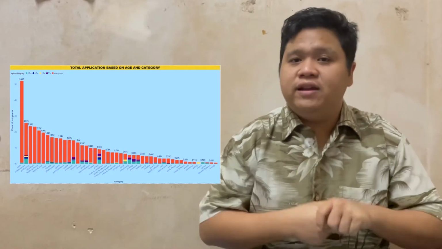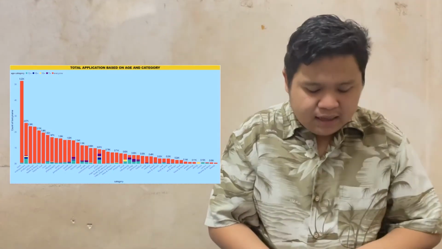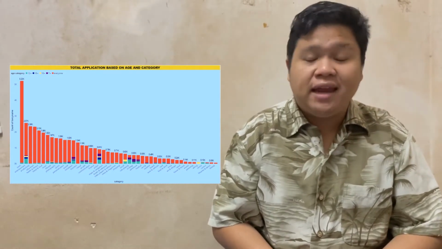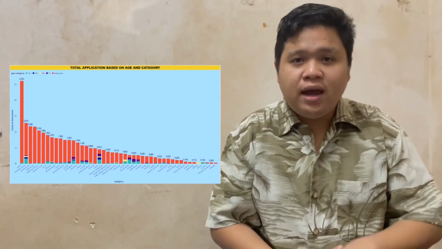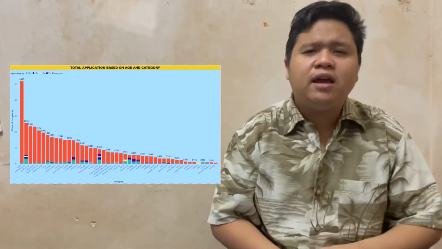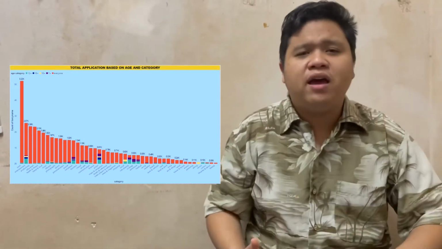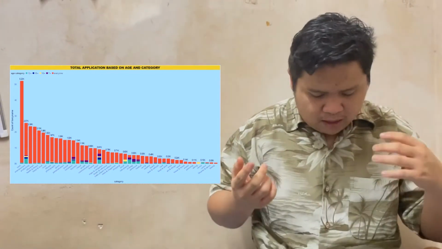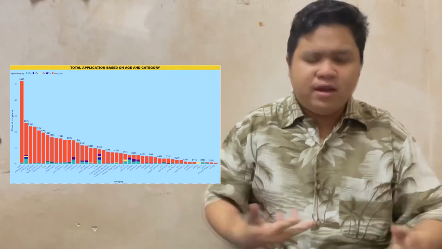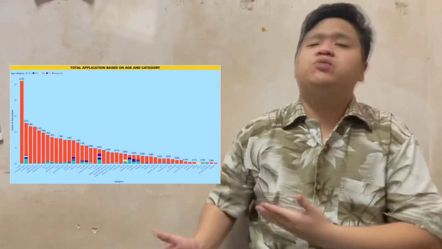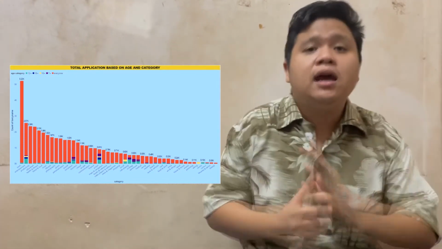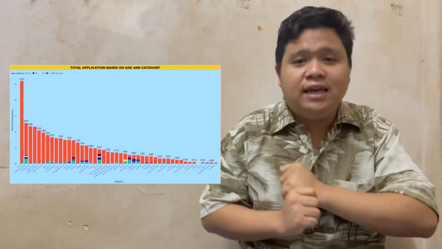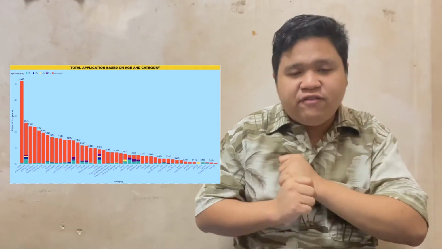Last chart of the dashboard. As you can see, the title of the chart is total application based on age and category. There are bar charts over here, and they have a lot of categories, such as tools, beauty, books and demo, shopping, and many more. From the chart, we can interpret that the highest number and also the highest category dominating the chart is tools, which is